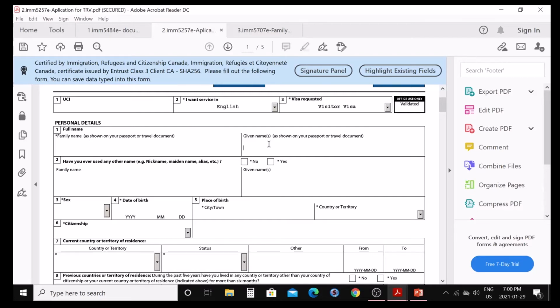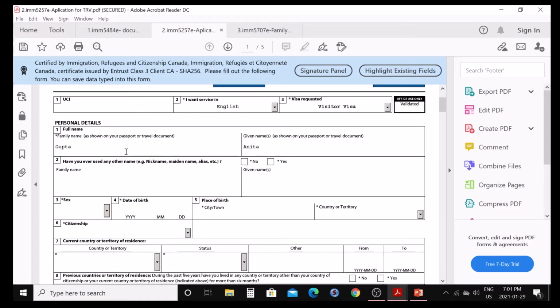Like if I'm writing here, suppose I'm writing, I'm sorry, my caps lock is on. So Anita is the given name and the family name is Gupta.